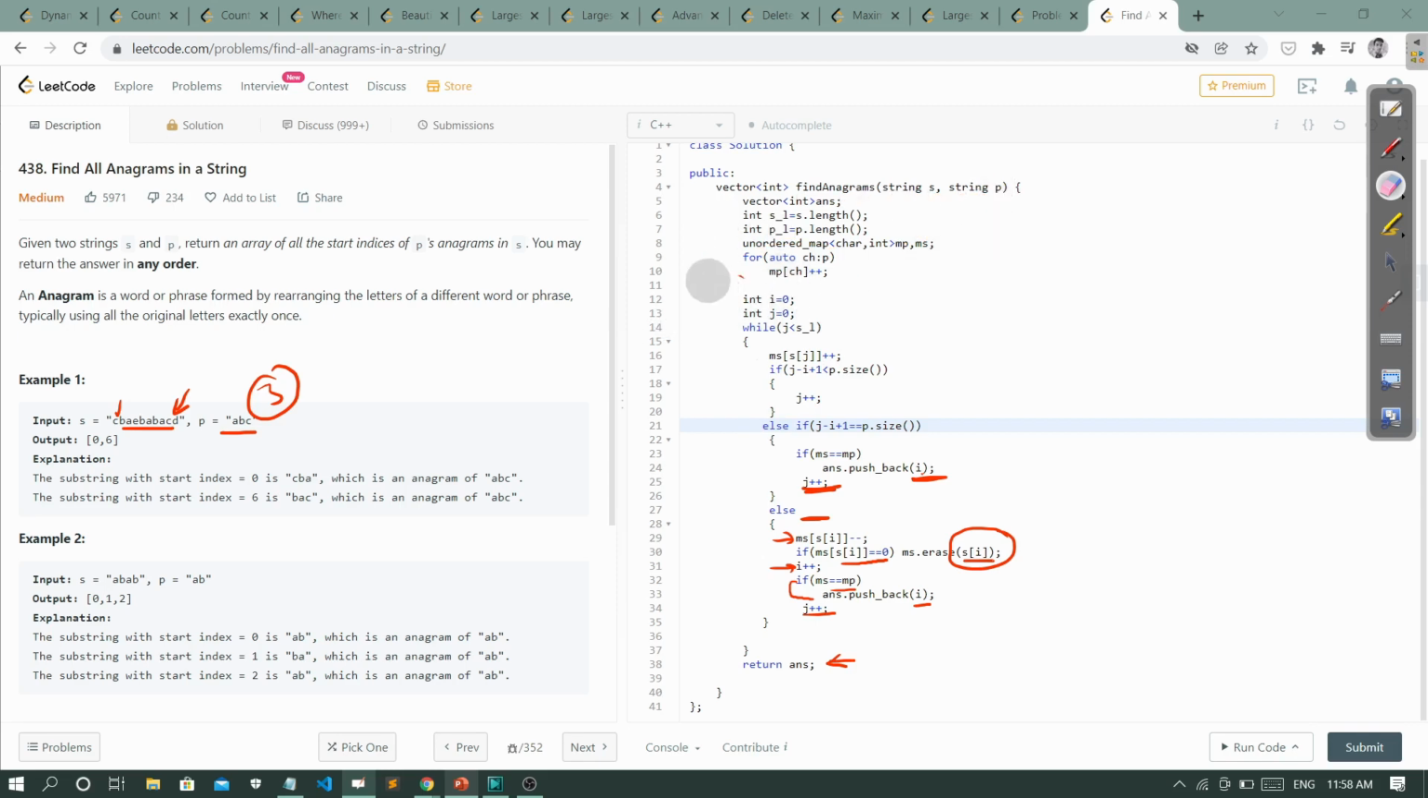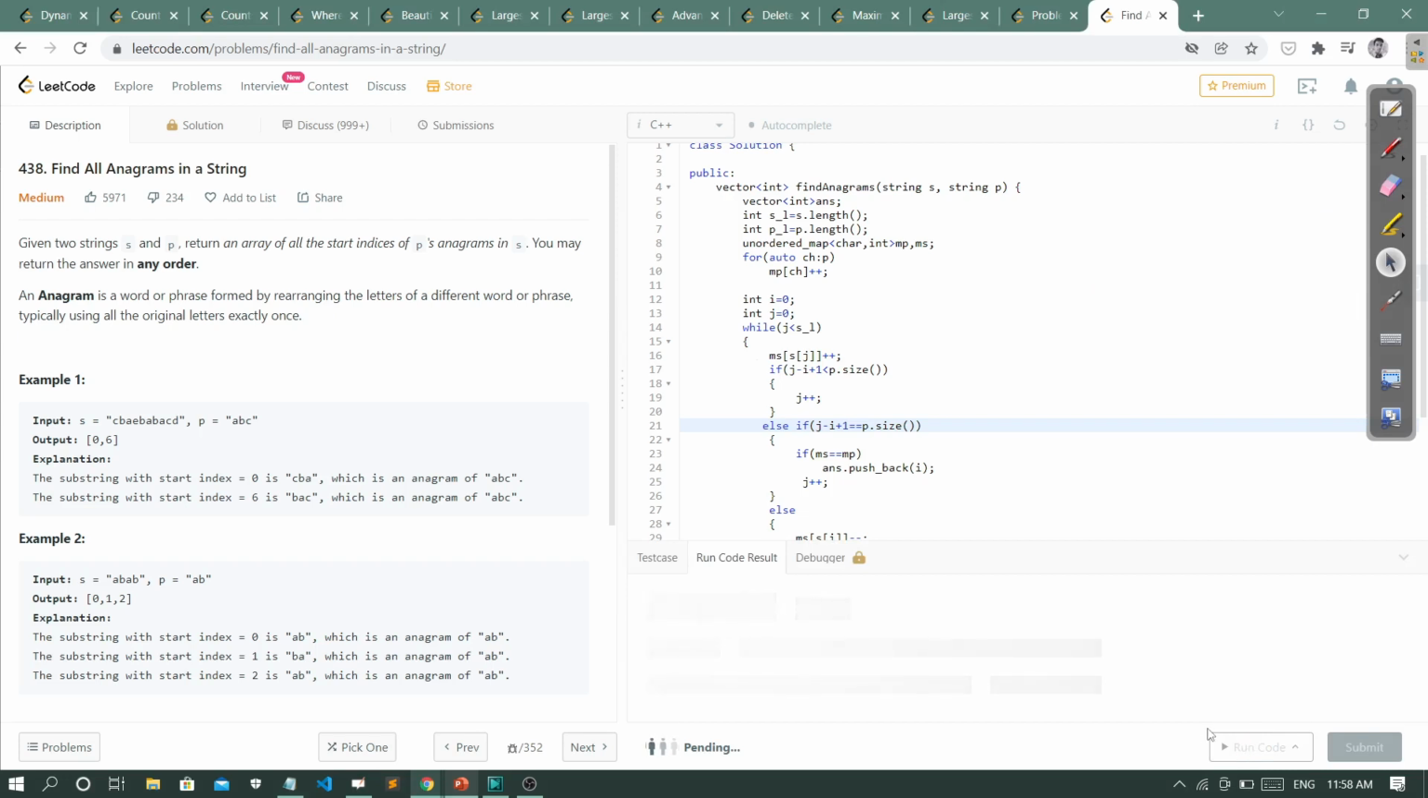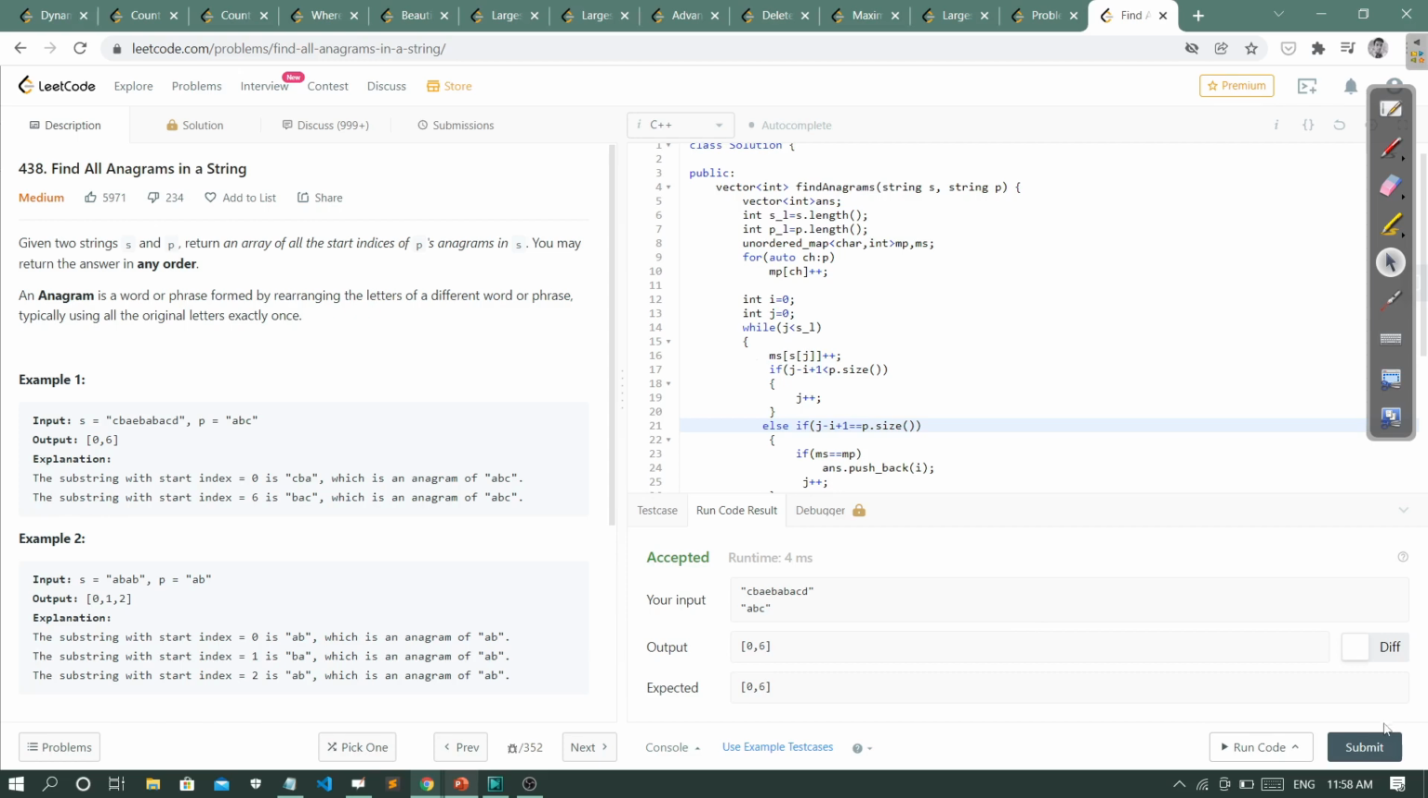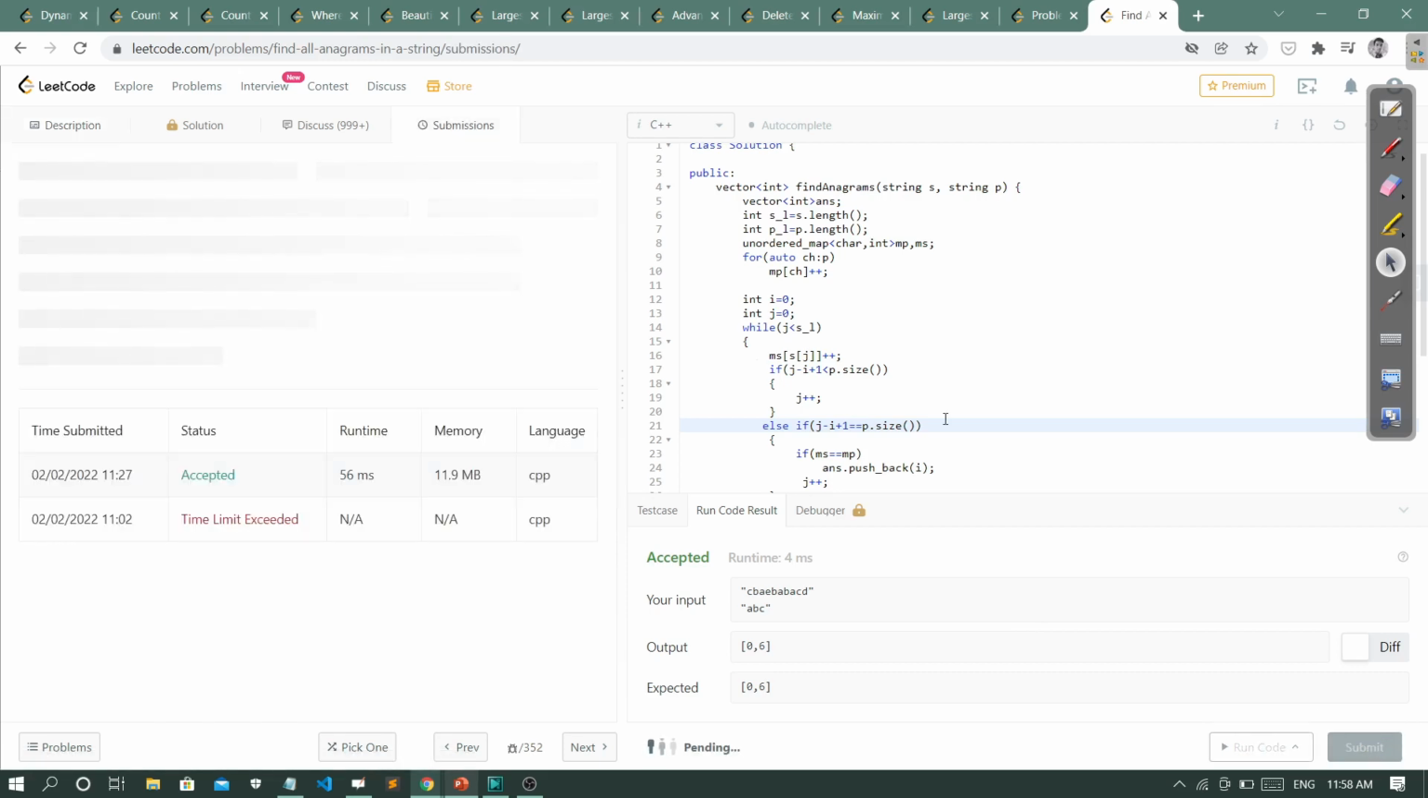So if you try to submit this code, then you will get the correct answer. Let's try to submit and see. It will be submitted, and if I submit for all the test cases, then